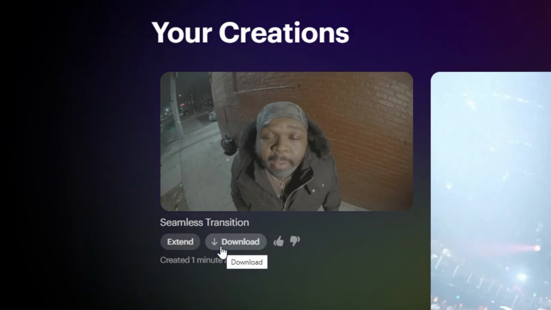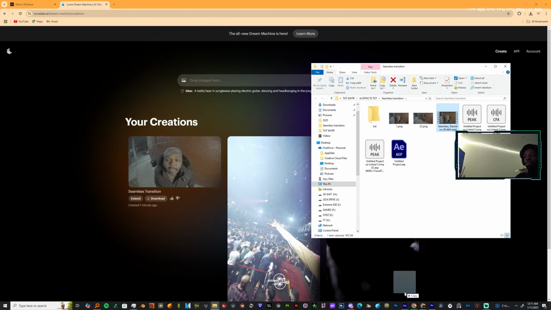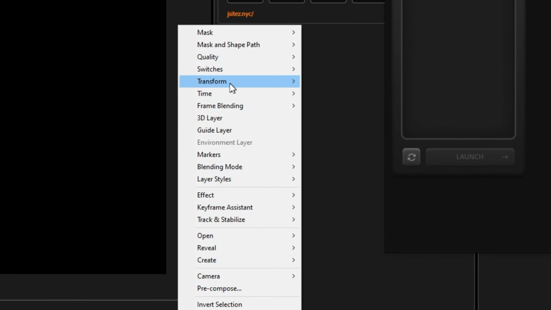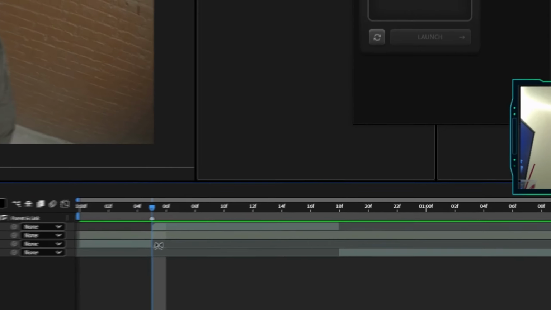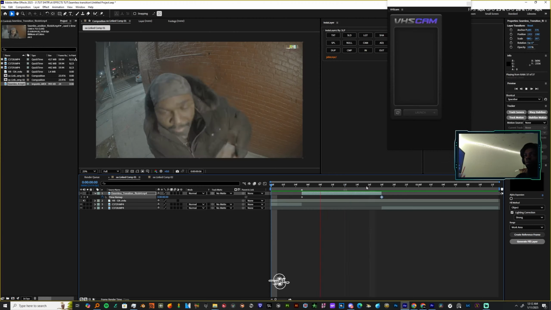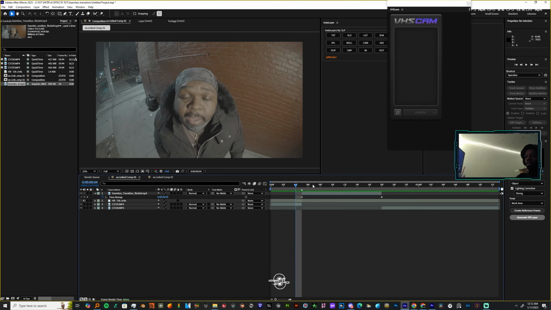So what I'm gonna do, I'm just gonna download. When I download it, I'm gonna save it where I want. Now I'm gonna drag it into my software. So I usually just trim it in between the space where I want my transition to happen. Once I trim it, I transform it to comp. Now I'm gonna hit time, enable time remap, and then I'm gonna drag this out until it gets to the last frame. Usually you have this little ugly logo right here at the top,